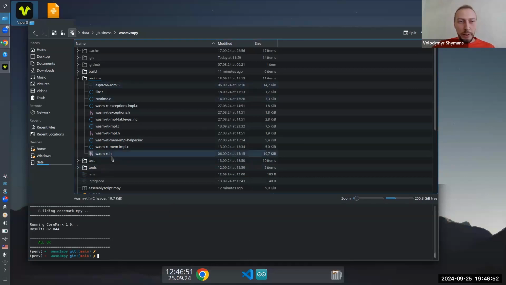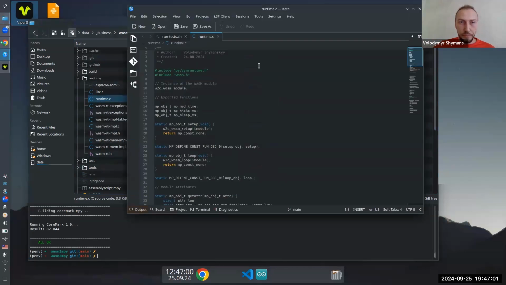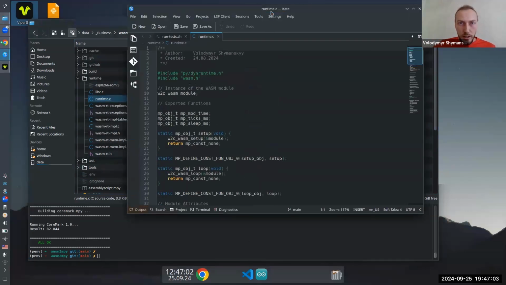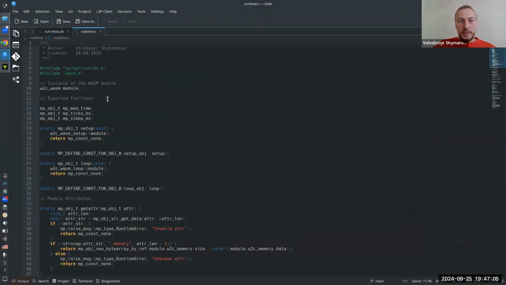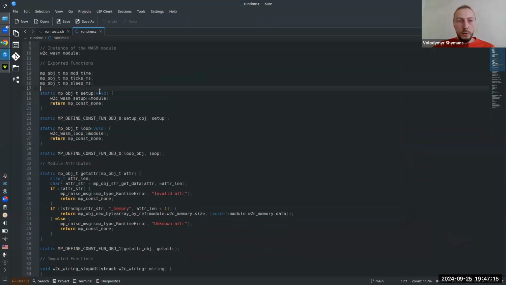So right now, if you open the wasm to MPy repository, you'll see there is a runtime directory and there is a runtime.c. This implements all the glue code that is required to bind MicroPython with wasm. We can see that the setup and loop functions are pretty trivial.